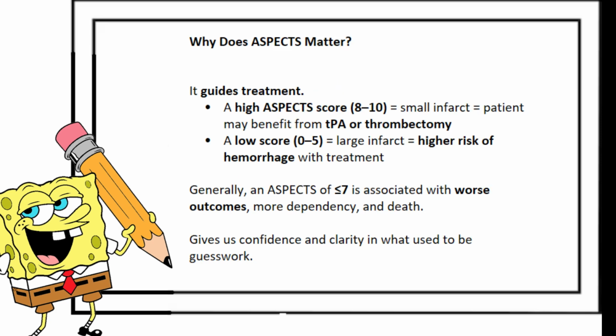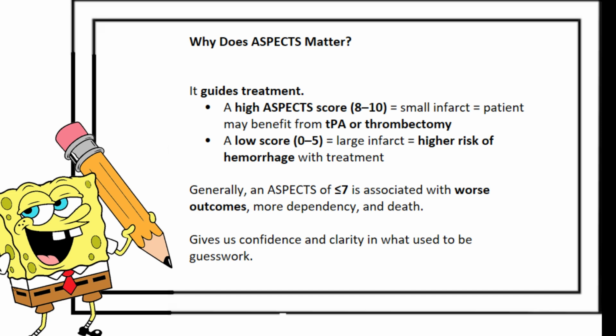Next, why does aspect matter? Aspect matters because it guides treatment. A high aspect score of 8 to 10 tells us that there is a small infarct and the patient may benefit from a TPA or thrombectomy. A low score of 0 to 5 represents a large infarct, and this generally translates to higher risk of hemorrhage